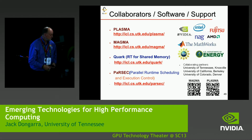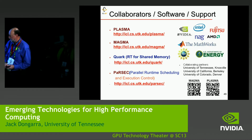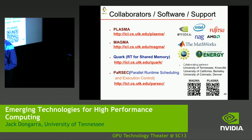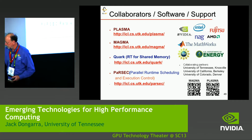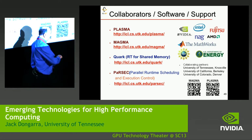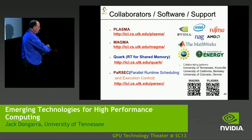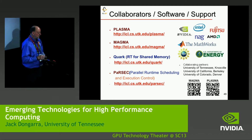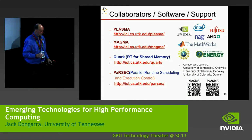We have a question from the online community as well. Excellent. So the question is, do you anticipate any changes to LINPACK to reflect changes in the latest workloads? So that's a loaded question. Let me rephrase it like this: Do you intend to change the benchmark that's used to measure the performance of machines from LINPACK to something else? And the answer is